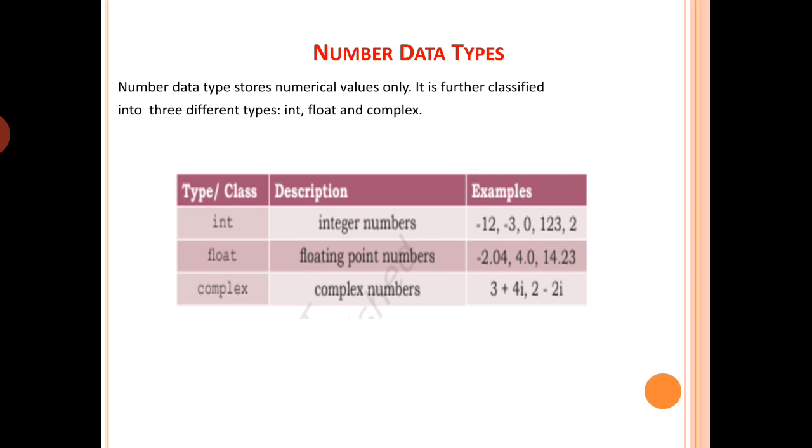Variables of simple data types like integer, float, Boolean hold a single value, but such variables are not useful to hold multiple data values. For example, names of the months in a year, names of the students in a class, names and numbers in a phone book. For this, Python provides sequence data types like strings, lists, tuples, and mapping data type dictionaries. Now let me explain all these one by one.